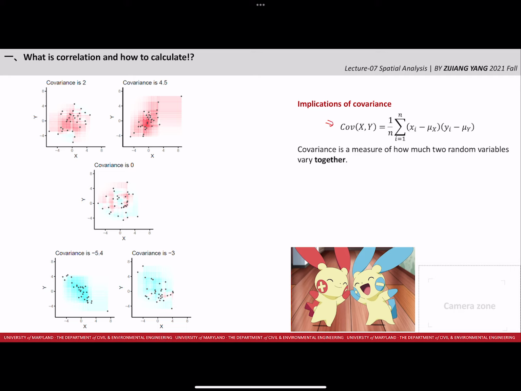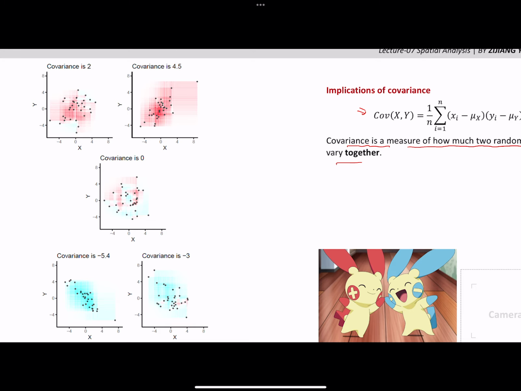And so what can this tell us? Basically, it tells us that, as I mentioned before, covariance is a measure of how much two random variables vary together. On the left side, we have some examples. For example, this one, the covariance equals 2, and this one the covariance equals 4.5. We can see from the data that they are positively correlated. And this one, compared with this one, is more